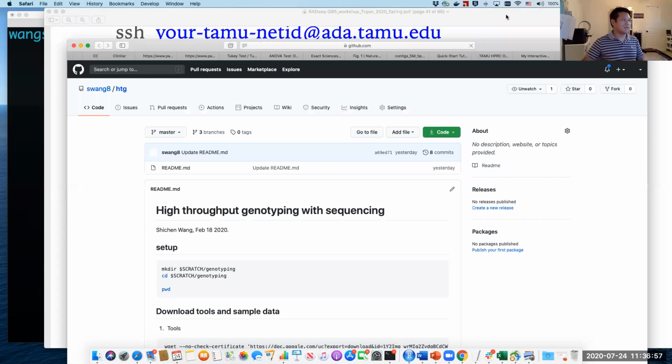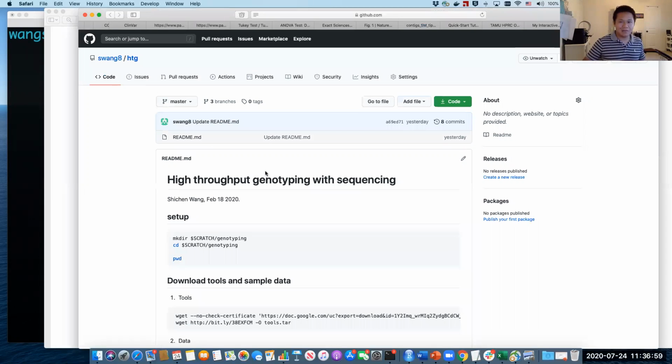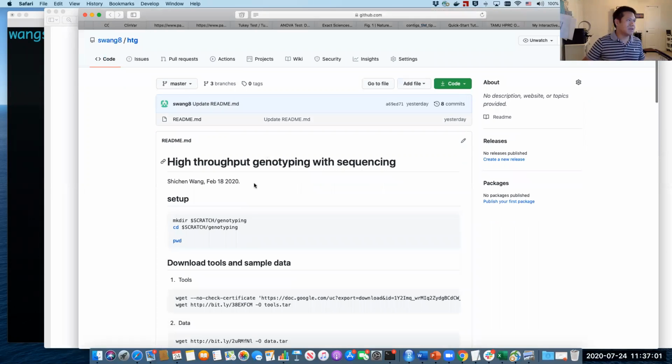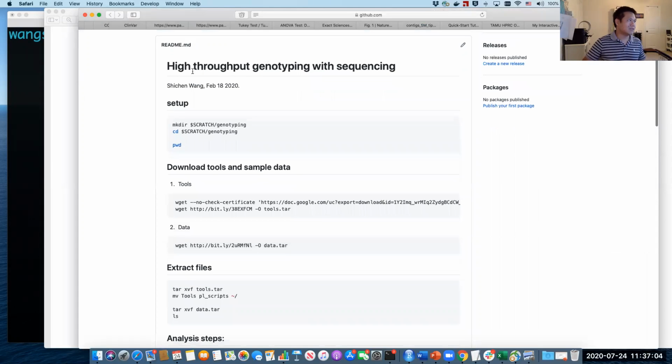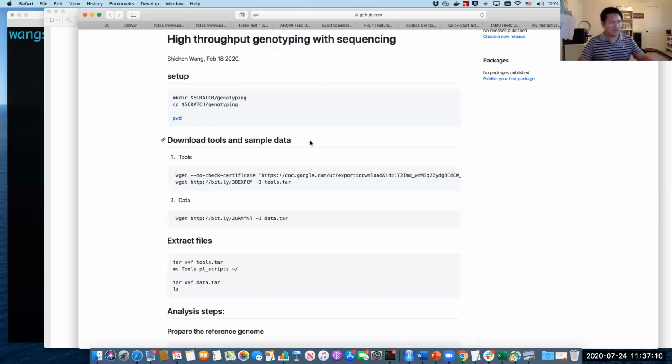Okay, so if you open the link, the GitHub link, you're gonna see a page here. It has all the instructions on how we run genotyping sequencing. So let's start from the setup step. We're gonna make a directory. So for all those things, you can either do it on the login node or do it on the,